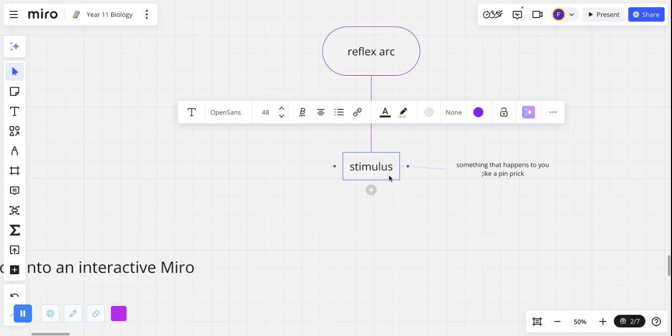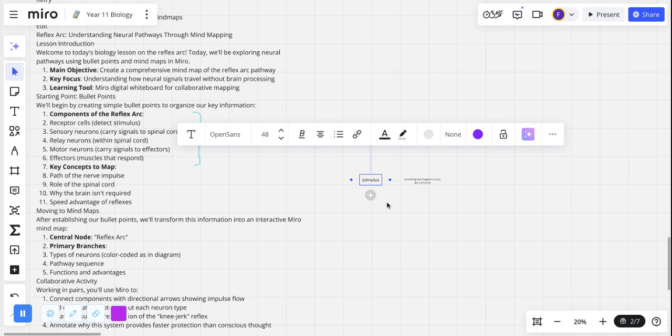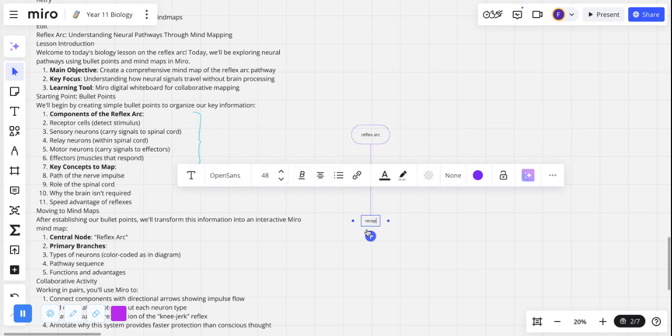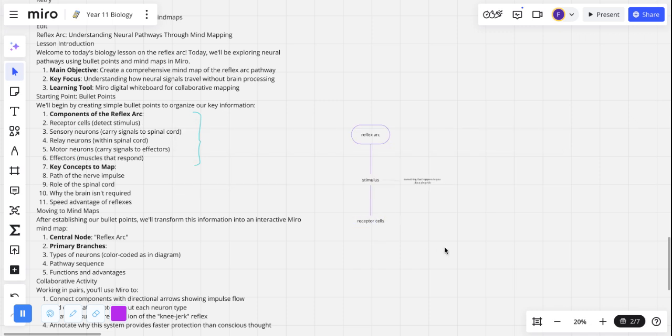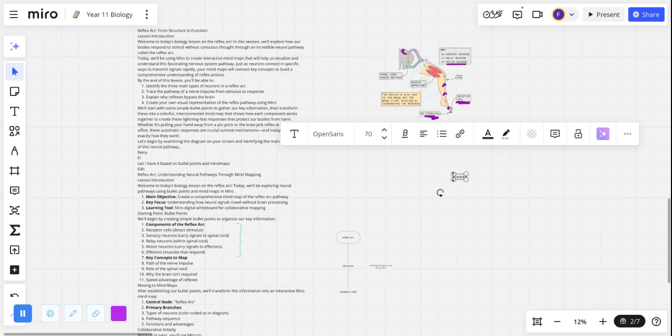Okay. So after stimulus comes the receptor cells. Receptor cells. Okay, and this is your mind map. You do this after you do your bullet points. So the first part of what you need to do is create your bullet points first. All right,